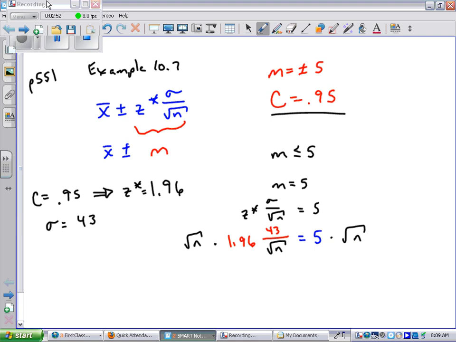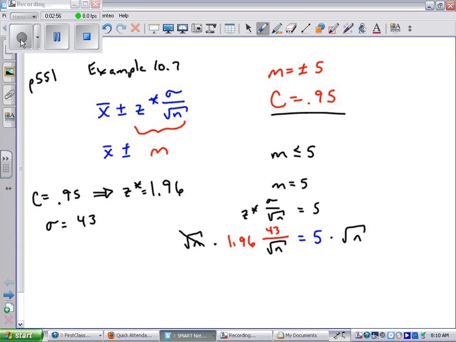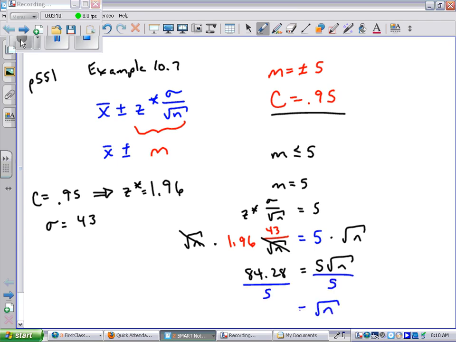So now on this left side, the square roots of n cancel out, and I get 84.28 equals 5 times the square root of n. And then I'm going to divide both sides by 5 to give me the square root of n is 16.856. And now when I square both sides, I get n is